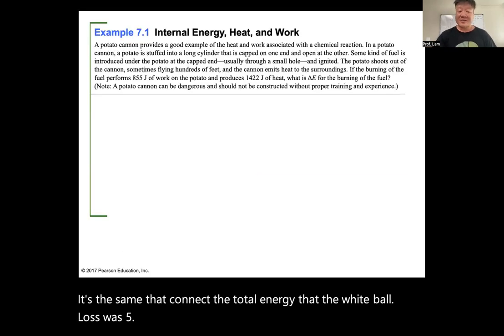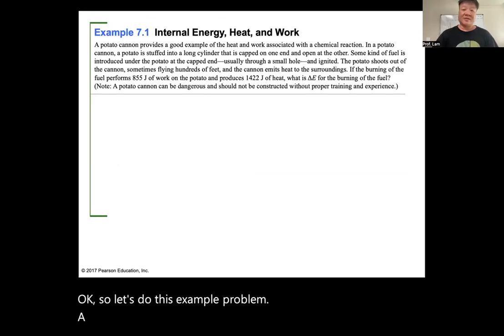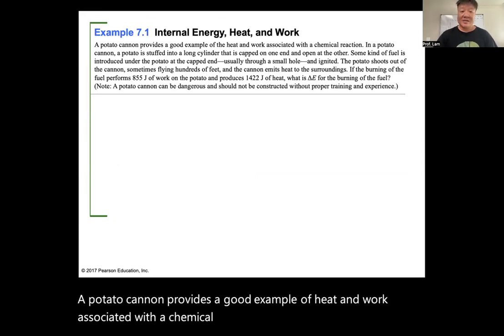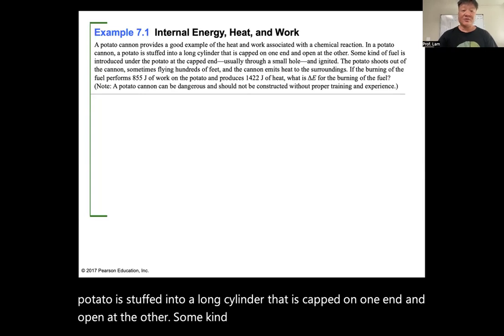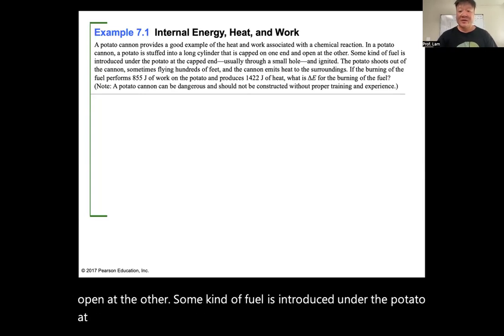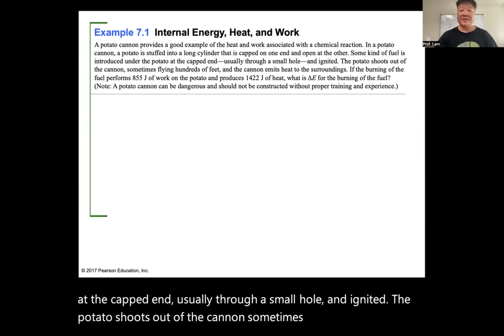Okay, so let's do this example problem. A potato cannon provides a good example of heat and work associated with a chemical reaction. In a potato cannon, a potato is stuffed into a long cylinder that is capped on one end and open at the other. Some kind of fuel is introduced under the potato at the capped end, usually through a small hole, and ignited. The potato shoots out of the cannon, sometimes flying hundreds of feet, and the cannon emits heat